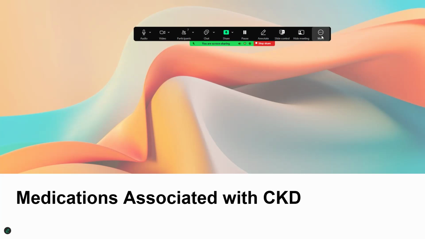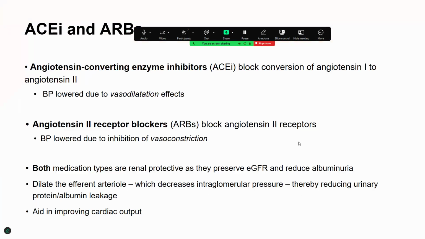So the first topic was ACEs and ARBs. The ACEs, angiotensin converting enzyme inhibitors, which are your PRILs, block the conversion of angiotensin 1 to 2, and they lower blood pressure because of their vasodilatation effect, as opposed to the ARBs, which are your sartans. They actually lower blood pressure by preventing vasoconstriction,